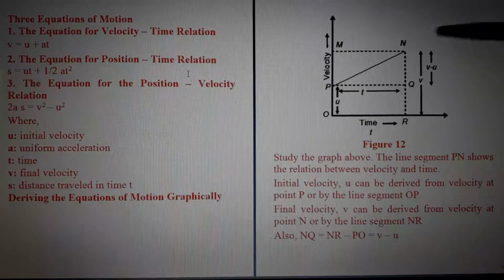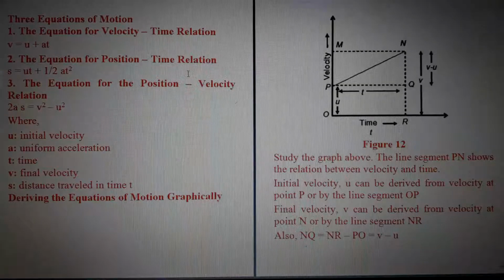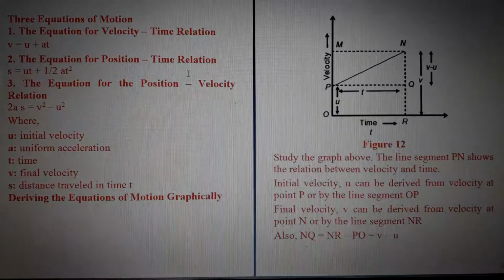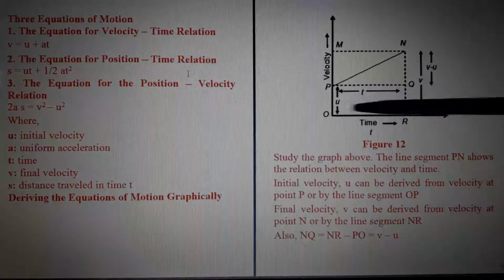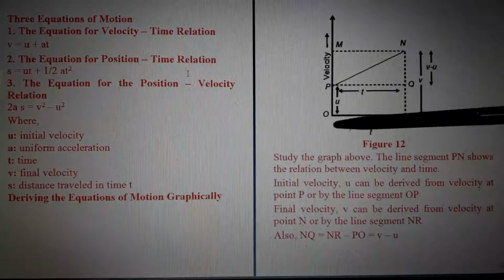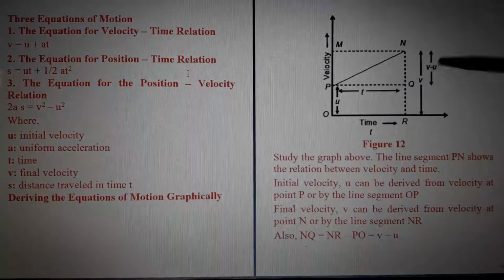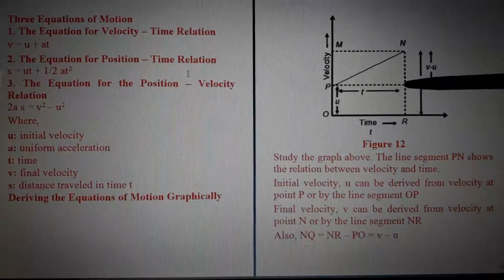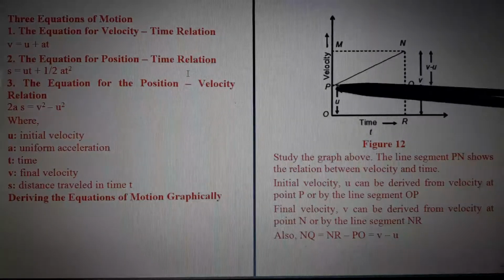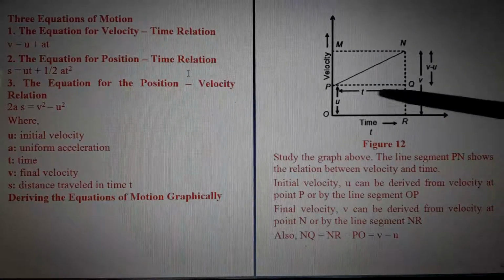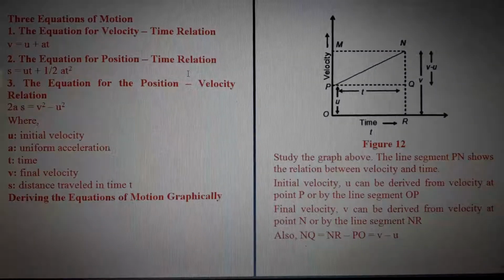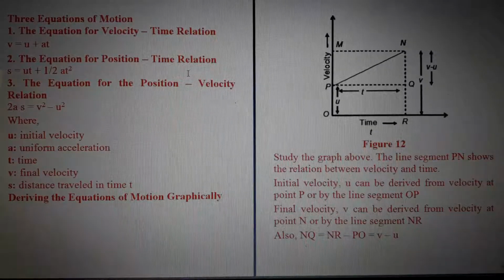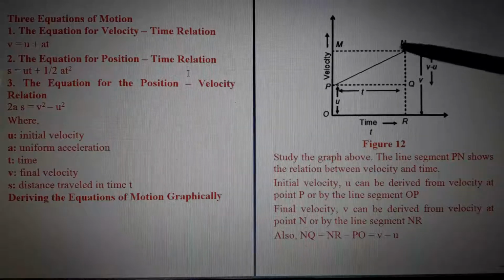We are finding V minus U. Theoretically, we already did that. But from this graph, how can you get V minus U? Just see. RN minus OP will give what? V minus U, isn't it? So we are making another point here, and that particular point we will give another name, PQ. PQ is the same as what? PQ is the same as OR, isn't it? And it is also the same as MN.